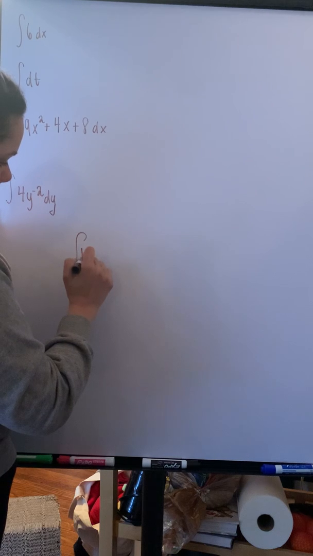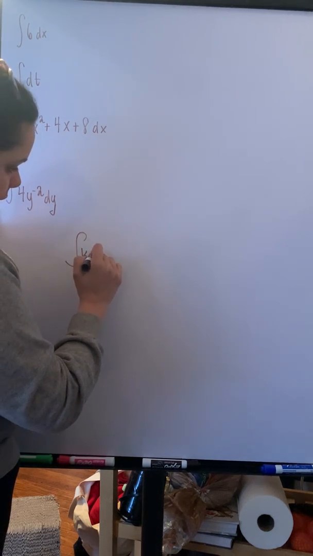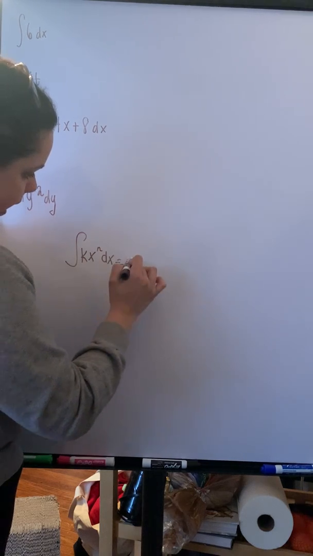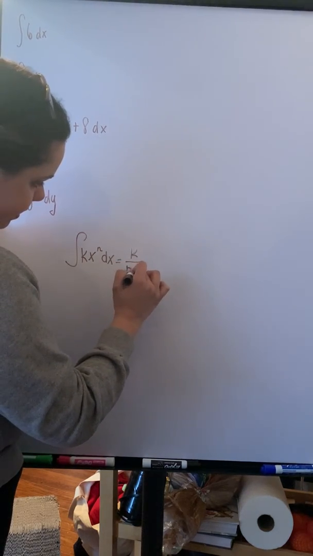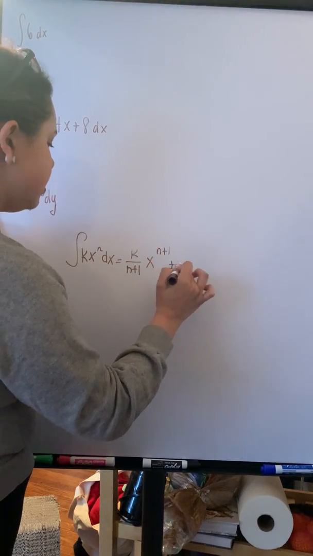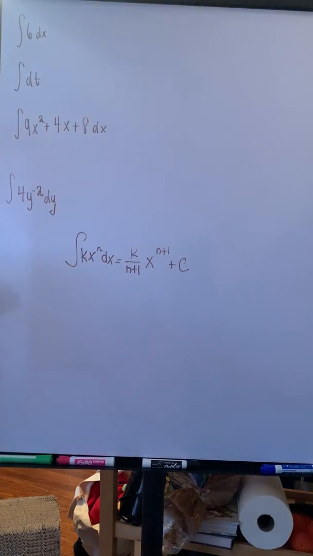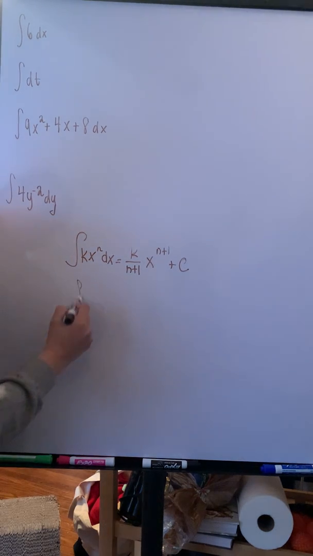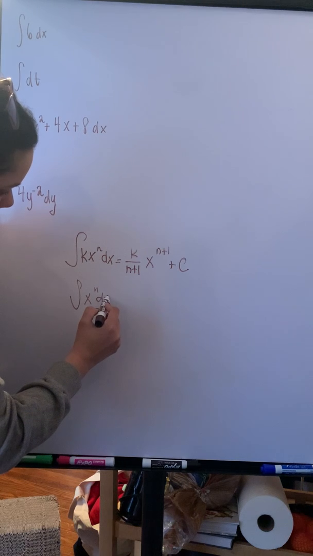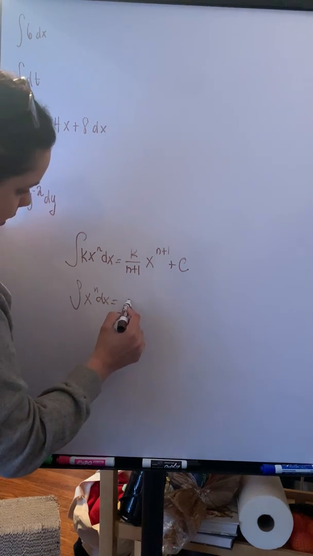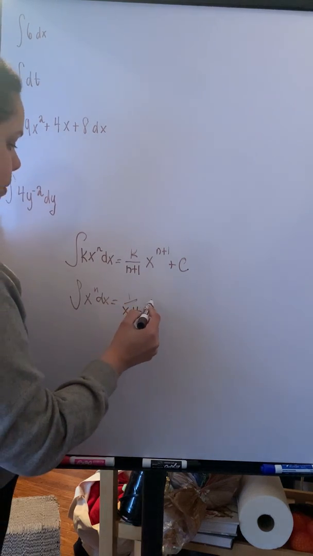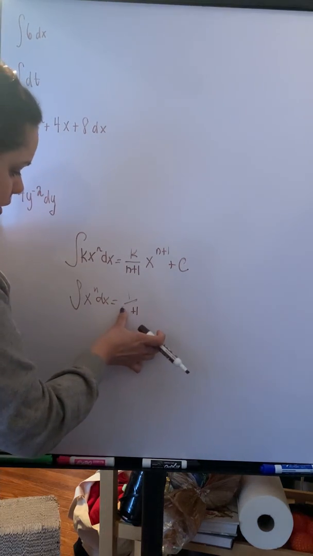I have two versions. I have a version with a K. Okay, so I have that. And then I also have a version without a K. So the K is the constant. Okay, the K is the constant. So remember that we should always have 1 over n plus 1, or K over n plus 1,